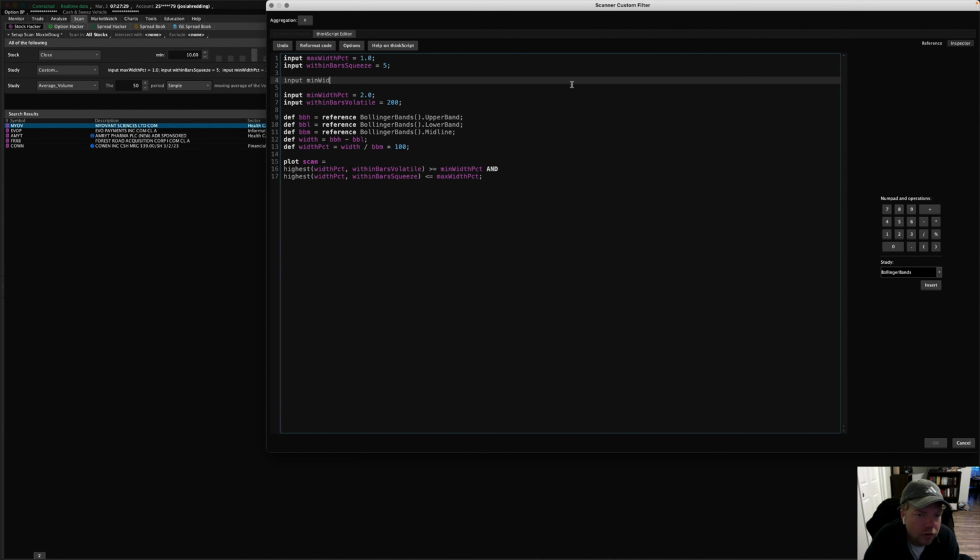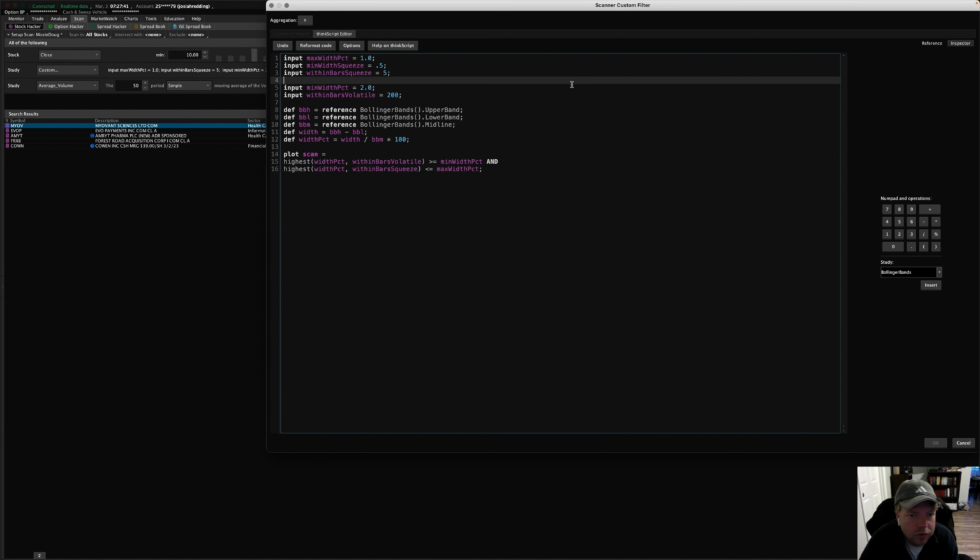Min width squeeze, and we'll set this to 0.5% perhaps. And I'll add that one up to this set of inputs so that we know that they go together. So we're saying the max has to be 1%, but the min has to be 0.5%. And so now we'll add an additional criteria here. And so we'll do that with another and